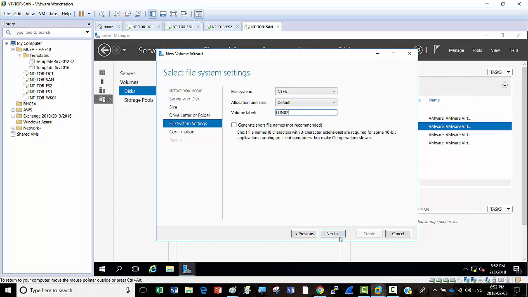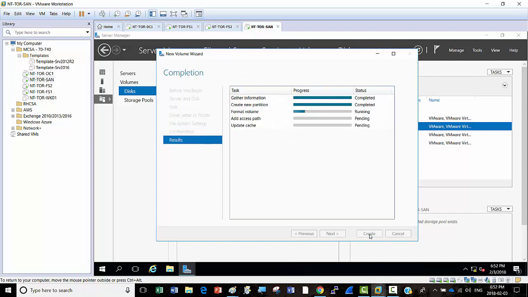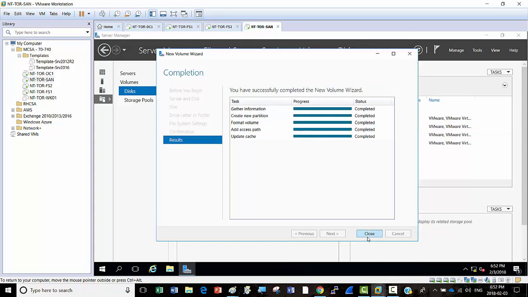Then please next, and click on create. So close,